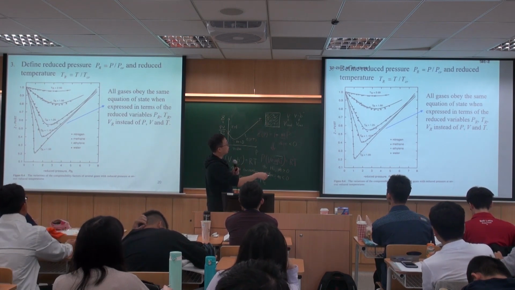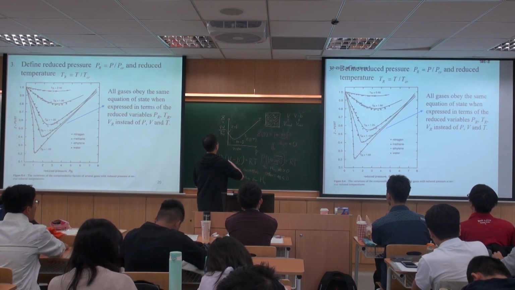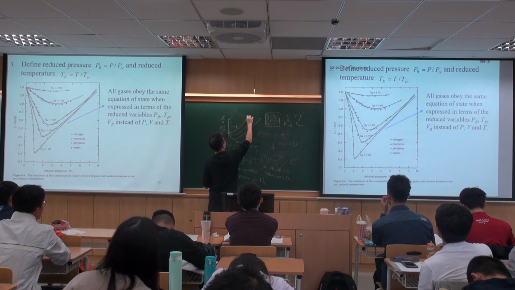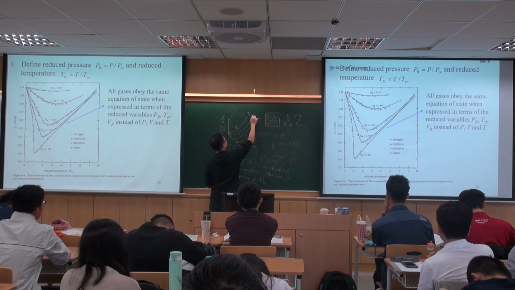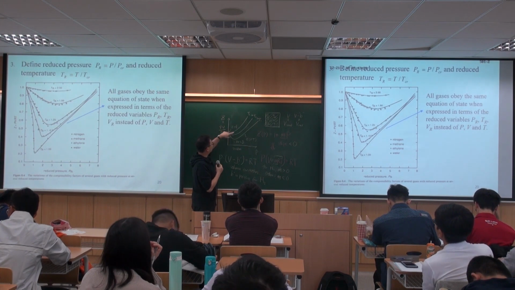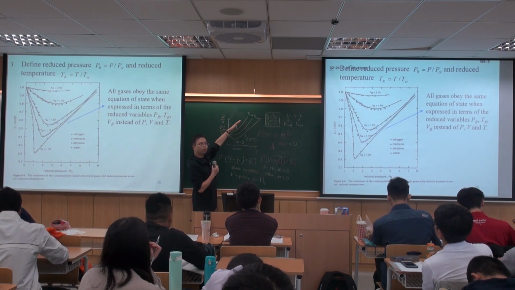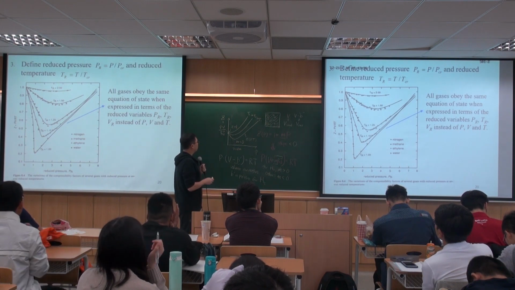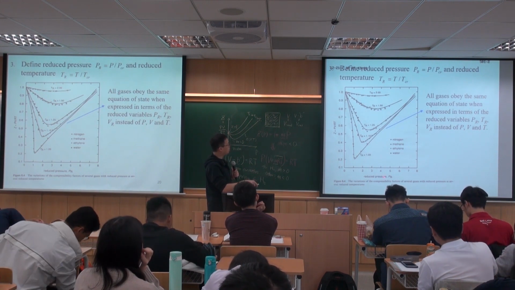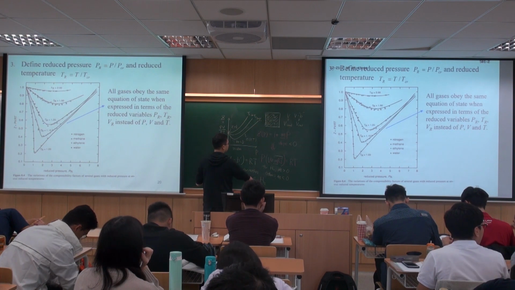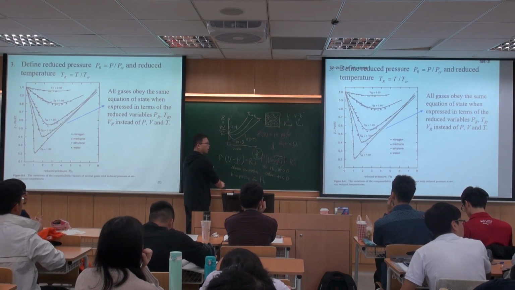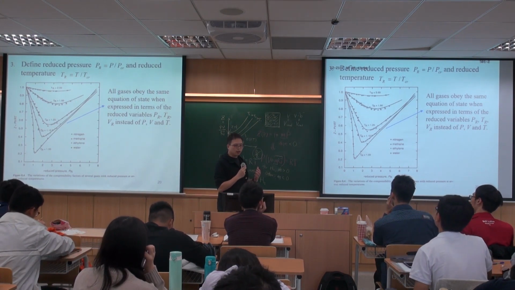For higher temperatures, you can see that the line will move up. So you can imagine that if you increase the pressure, increase the temperature, this function of Z as a function of pressure will move up, right? And more importantly, if you plot these as a function of reduced pressure, which is P over P critical,